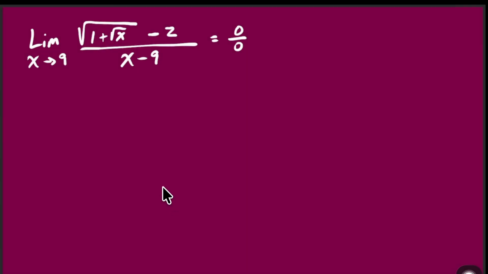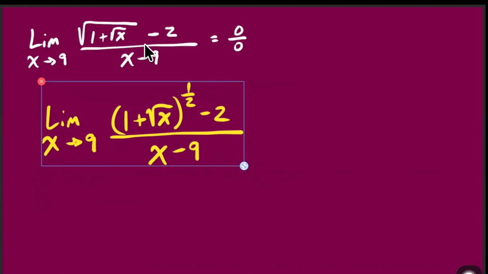We have this limit as x approaches 9 of this complex radical within a radical in the numerator, and x minus 9 in the denominator. If we try to plug 9 directly, we get 0/0. So here, even though this is more complex, this to me is screaming out that we're going to use the conjugate. So if we're going to use the conjugate, we're going to be multiplying radicals. Let's go ahead and switch to the